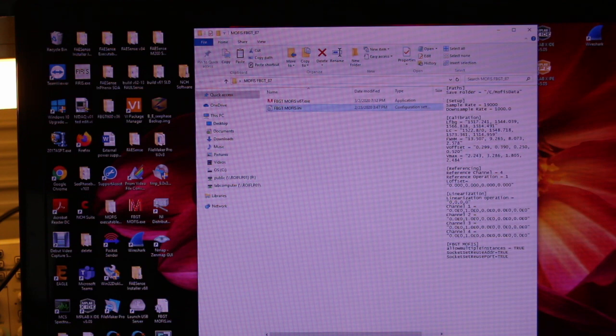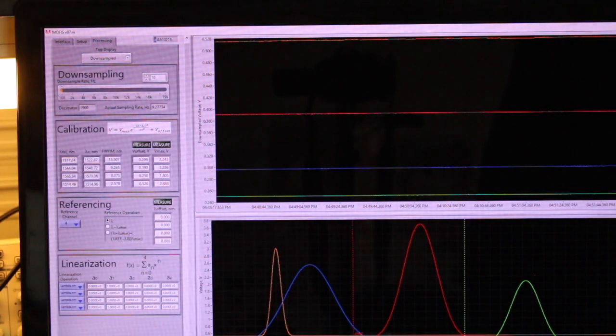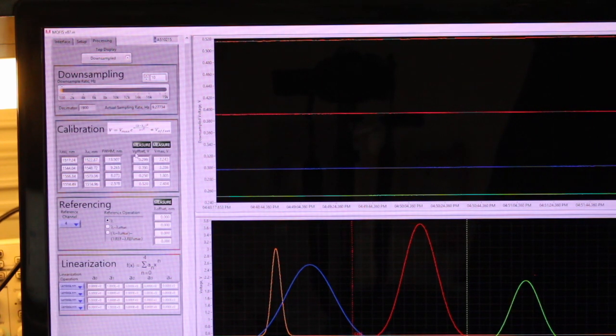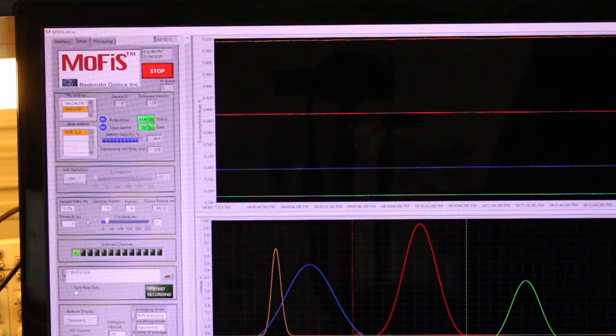So the next step that we're going to do is calibrate the unit. And there are two calibration parameters that we do. One is called the measurement of the signal offset. It's called the voltage offset. And the second measurement is the measurement of the voltage maximum. The voltage offset we acquire when there are no gratings connected to the unit. That's one of the conditions. The second condition is we do it when the optical switch is in the park position. So basically on the park position, the switch